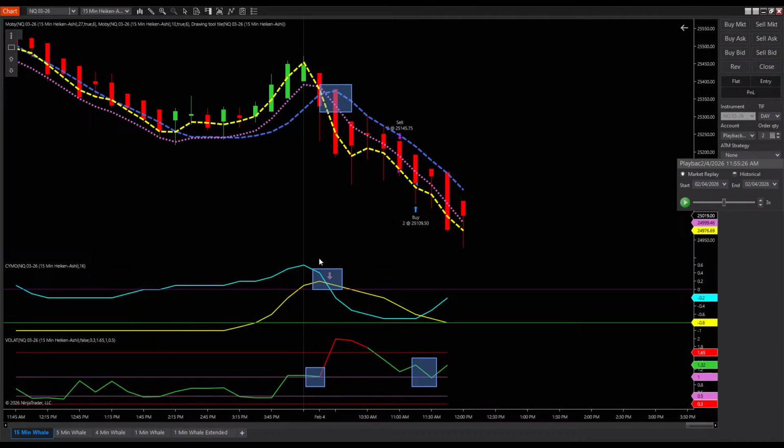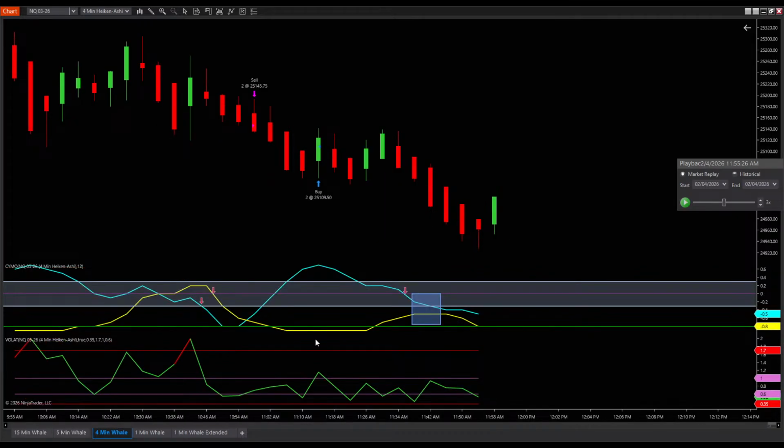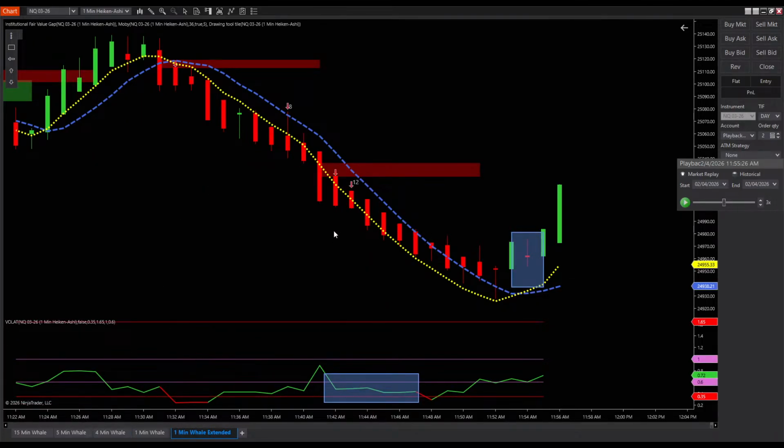But once you get your bias set up on your 15-minute time frame, then you step down to your 5 or your 4 to get directional confirmation at the point of maximum energy here, where cycle rotates and it comes back down and it's ready to swing. And at this point forward, you start looking for your entries here on your 1-minute time frame. This is the chart where you actually execute your trades, and you follow the signal with MOBY, okay? And that's really it. It's a simple 3-step process.